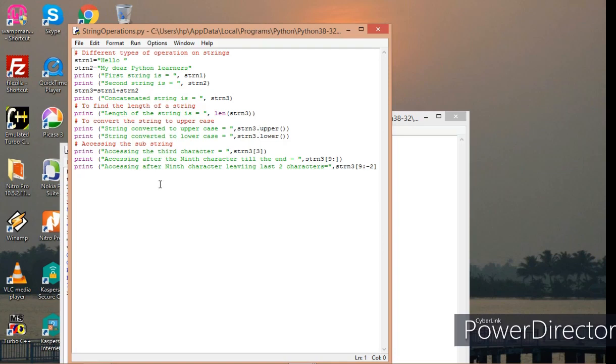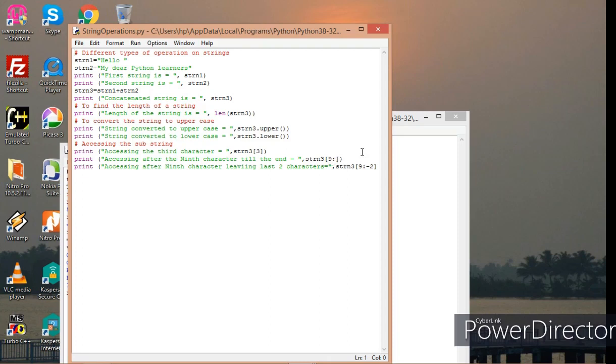Now I can also access a substring in a string. So you can just look at this, strn3 of 3. What does it do? It is strn3 and the subscript is 3, so it will get me the third character. And here again I am accessing after the 9th character till the end. I want to access after the 9th character, that is from the 10th character onward till the end of the string, for which I just have to use inside the square brackets 9 then colon.